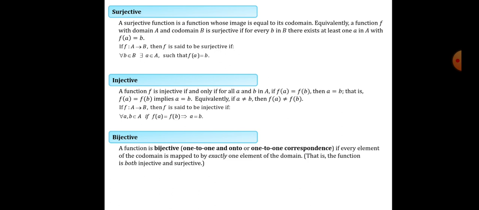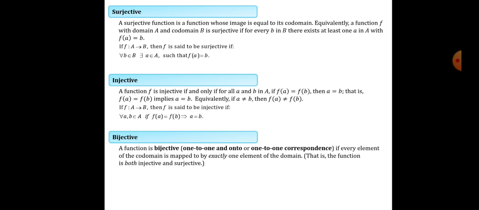And in the converse also, if their image is same, then the elements will be same. So this is the working criteria to prove some function to be injective or 1-1. We will take the image of two elements under f to be equal, and we will prove that the elements are equal. Then we will say that this function is what?